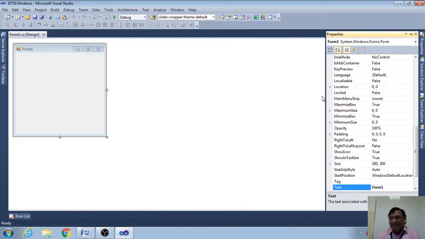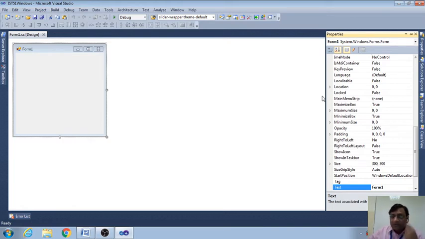Properties is basically called characteristics, like me or you. For me, my properties are my name, my age, my height, my weight. These all are the properties. So like this, all the controls have properties. All the controls have name, text, a lot of different properties available.